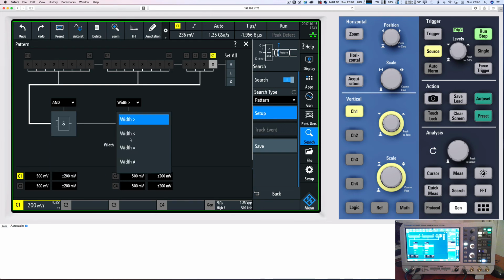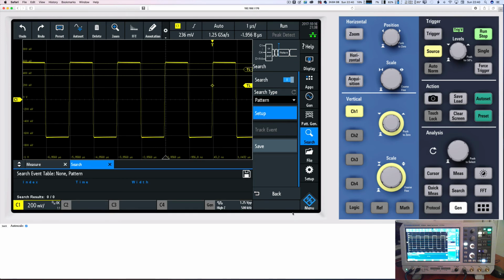set up pulse widths and greater than, smaller than, etc., which can be very nice. It needs a bit of explanation, which I will try and demonstrate, but if you're working with digital signals, particularly AND and OR gates and things of that nature, or FPGAs, this can be quite useful to set something up here to check something that you want to produce on a board. This pattern thing gives you a lot of options, but it needs a fair bit of explanation as to how that works. So if we come out on that,